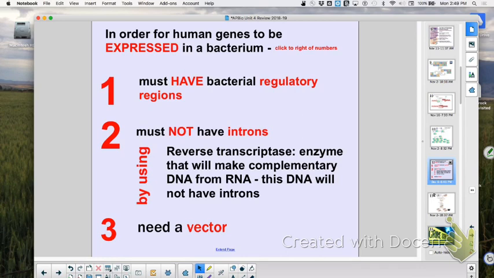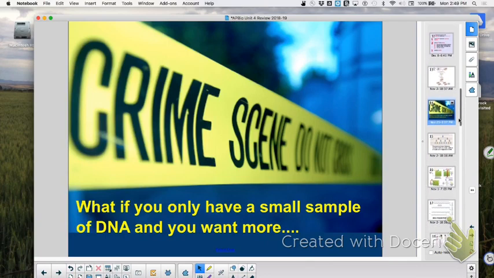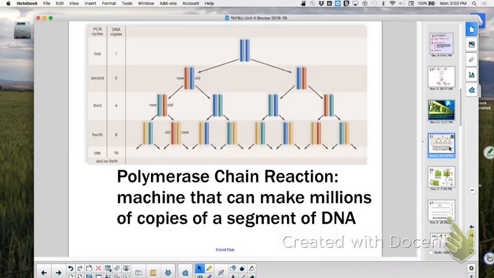Okay, all right. We talked about cloning. We talked about some other things we can do to manipulate the situation. One is if I need lots of DNA, because I want to run some tests at a crime scene on a sample that I have, what would I need to do? I don't have enough to do gel electrophoresis, so what do I need to do? PCR, right. To do PCR, polymerase chain reaction, polymerase, what am I thinking about? DNA polymerase, right? I want to do several cycles using DNA polymerase.